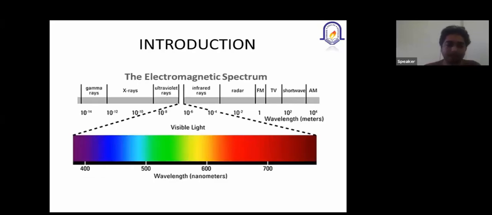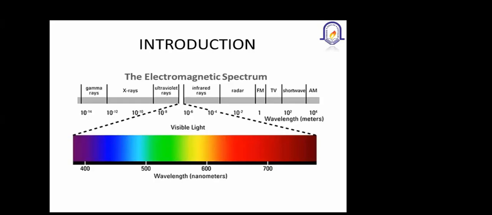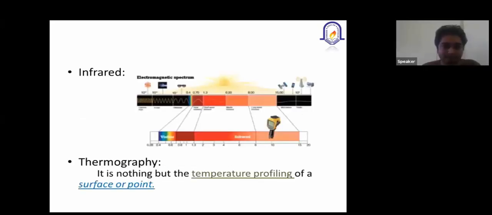As you have already learned in physics, the wavelength of visible light is from 4000 to 7000 angstrom. We are here mostly concerned about infrared rays, not the visible light or anything else. So can anyone tell what is the wavelength of infrared rays? Can anyone put it in the chat box if you know? It's more than the visible light, right? Let's see how much it is.